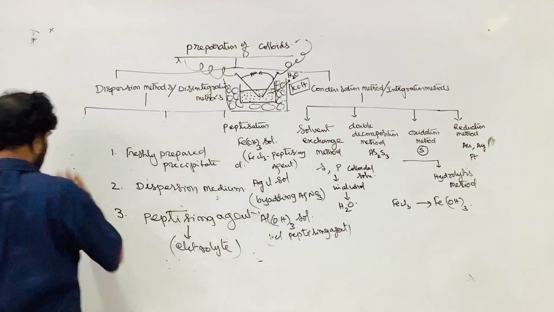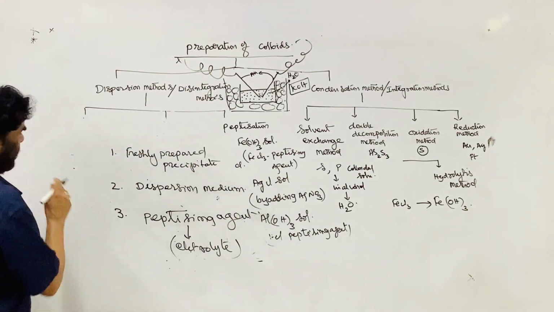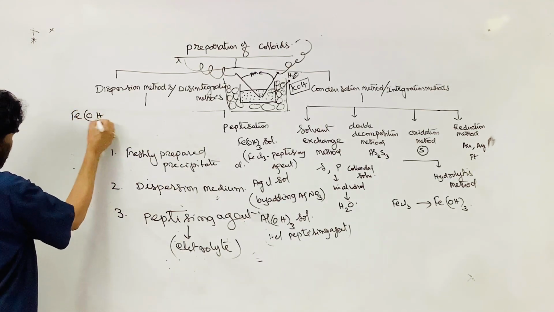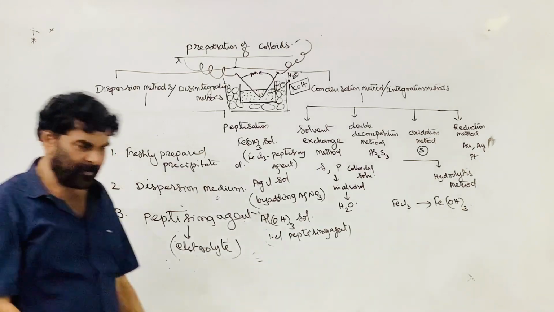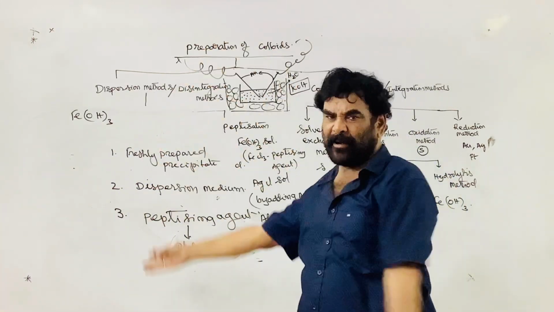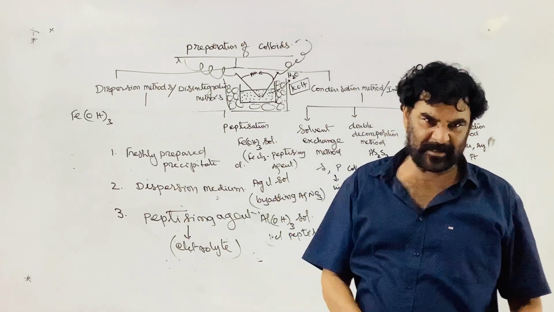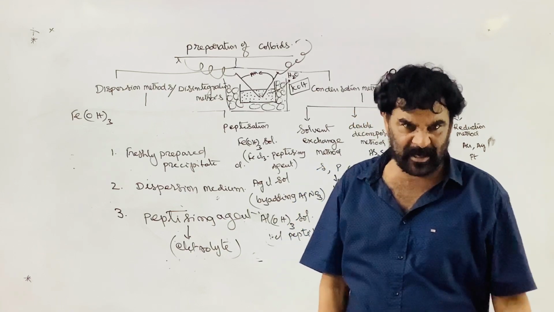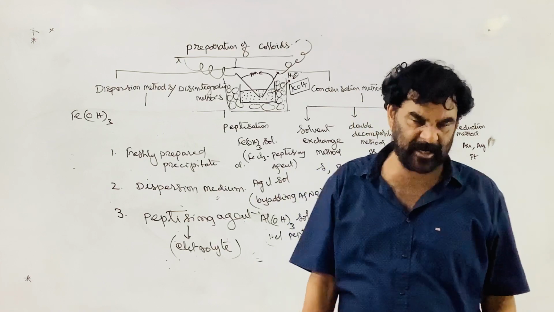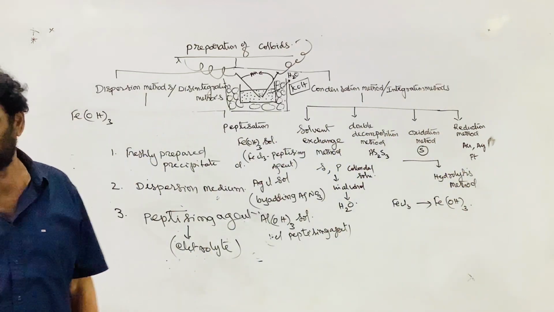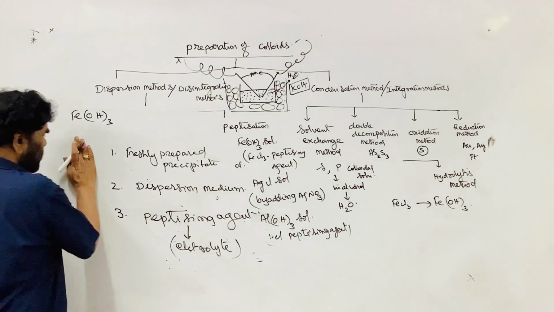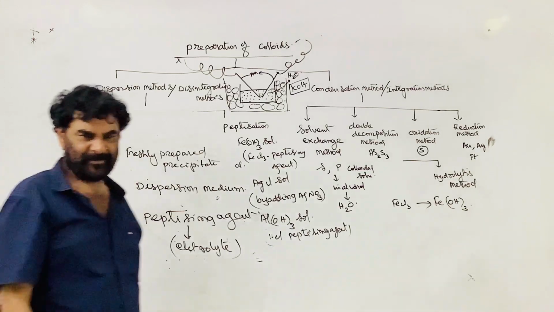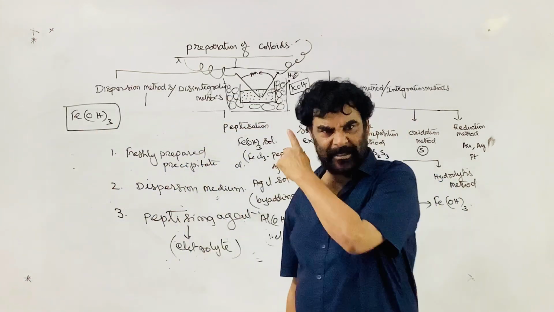For example, take ferric hydroxide, freshly precipitated. To a ferric salt solution, ferric chloride, sodium hydroxide is added, giving ferric hydroxide, a reddish brown precipitate of the third group. Aluminum hydroxide precipitate is white gelatinous, chromium hydroxide is green, ferric hydroxide is reddish brown, and ferrous hydroxide is dirty green. This is formed, and it is a suspension, a precipitate, with particle size greater than colloidal.